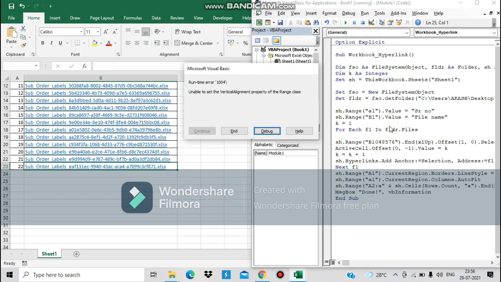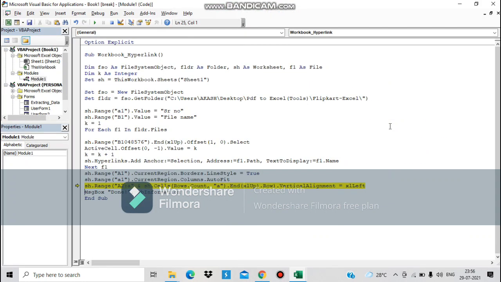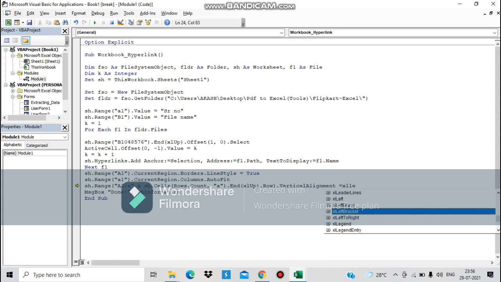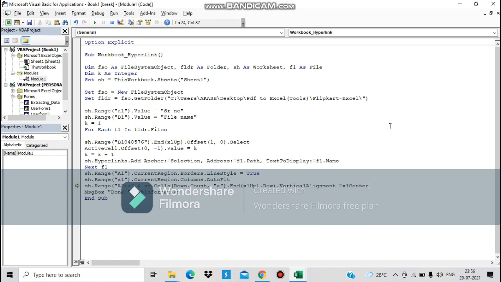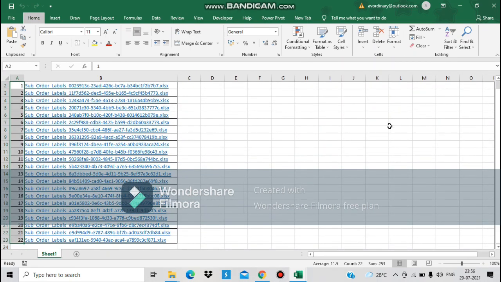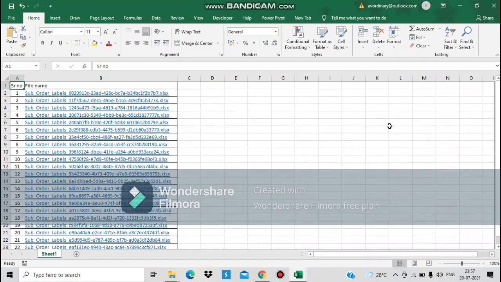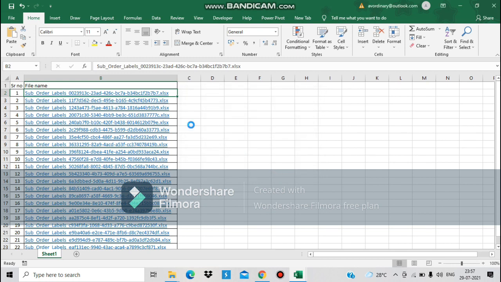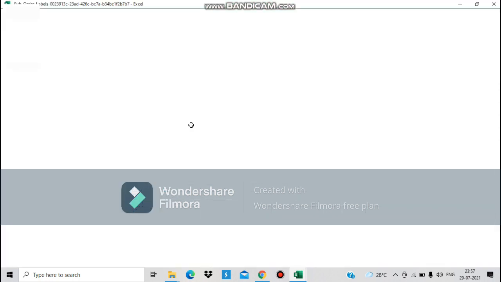F5. It's showing the error of Excel. Okay, I believe Excel. If you will click here, you will get to see, you will be able to see your workbook. It says it. Just do one thing. Yes. This workbook is going to be open in front of you. You can see here. Okay.